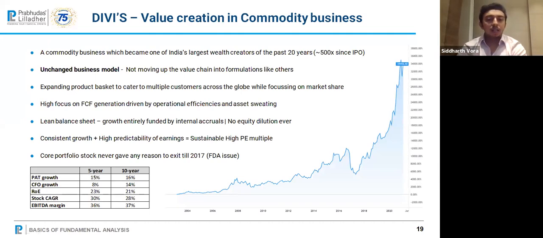Divi Slabs is a pharmaceutical company in India, which is in the business of API and raw material manufacturing for other pharmaceutical companies. Basically, जो वर्ल्ड की बड़े बड़े MNC फार्मा प्लेयर्स है, like Pfizer, Sanofi, AstraZeneca, Abbott Labs etc., वो उनके लिए उनका रॉ मटेरियल मैन्युफैक्चर करते हैं जिसको हम API बोलते हैं, Active Pharmaceutical Ingredient.